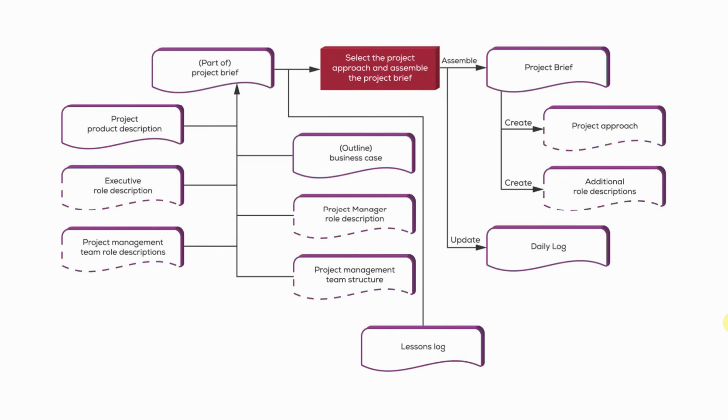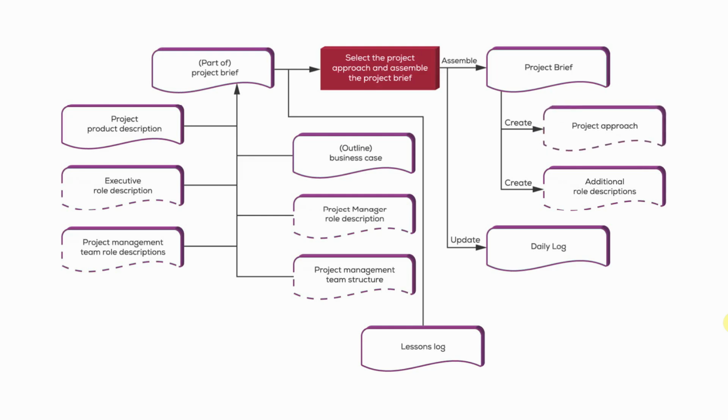Consider the current thinking about the provision of solutions within the industry sectors and any specialist skill areas that might be involved. Define the operational environment into which the solution will need to fit once it's complete. Consider any possible delivery approaches, their suitability for the project, risks associated with that, and so on, as well as any security constraints that will need to be applied, or that apply at least to the project and the operation of products. Any training that will be required, and so on. So with that in place, we will be able to select the most appropriate project approach. So here on the right-hand side now, you can see the project approach can be created,